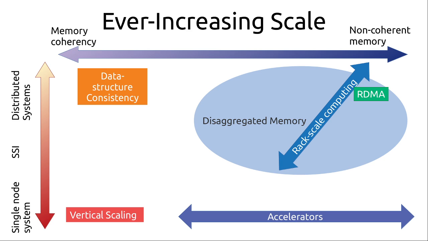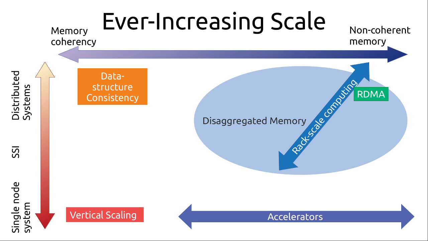So if we have ever-increasing scale of data that we need to process, therefore larger and larger systems, if we have a single node on the bottom left, we really only have vertical scaling, which of course is limited in its capacity. When we go to accelerators, we start to see that oftentimes they're still run on single node systems, though many times they're connected together, and they start looking like non-coherent systems. So sometimes the accelerators will have their own memory that's completely separate from the core systems, from the CPUs.